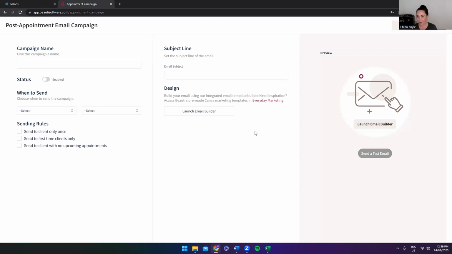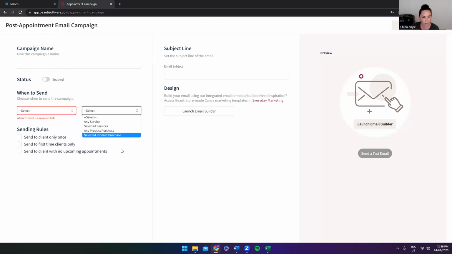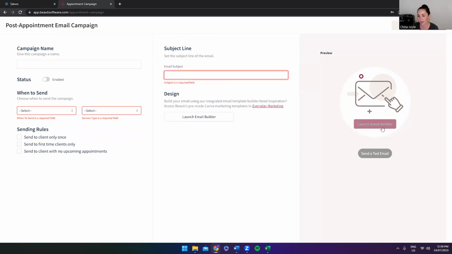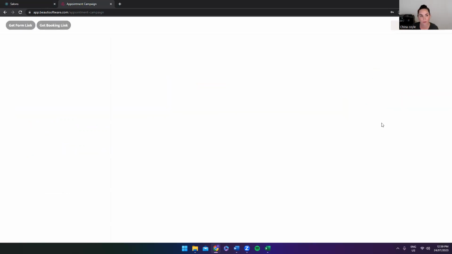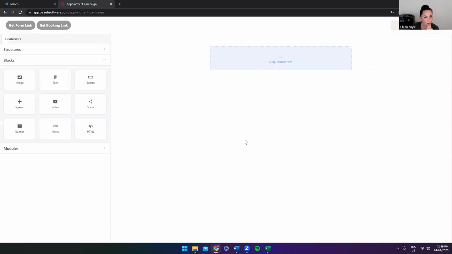Now let's look at your emails. So same system exactly in terms of building the automation, when you want it to send and who you want it to send to, and the same sending rules, your email subject line, and then I'll just launch the email builder so you can have a little look inside and see the freedom that you have here. Now, I know a lot of systems, it's like you get to add a little bit of text and maybe an image and the rest is already pre-built for you. So this is, you can build whatever you want. And once I show you the everyday marketing area, you get a bit of an idea about what we do to support you in ads and images and stuff. But it's a drag and drop